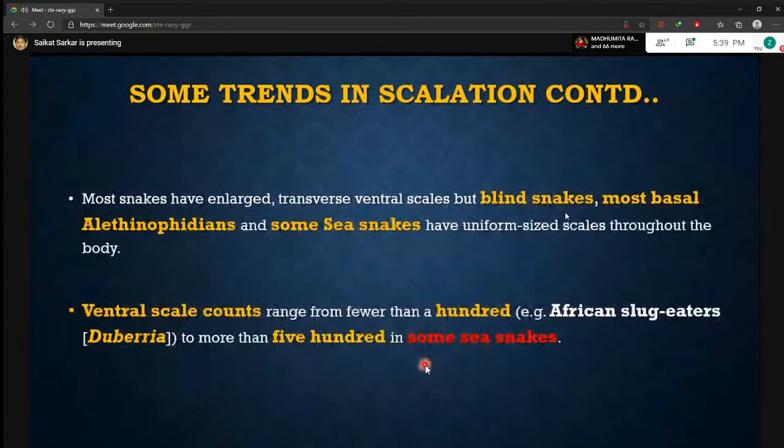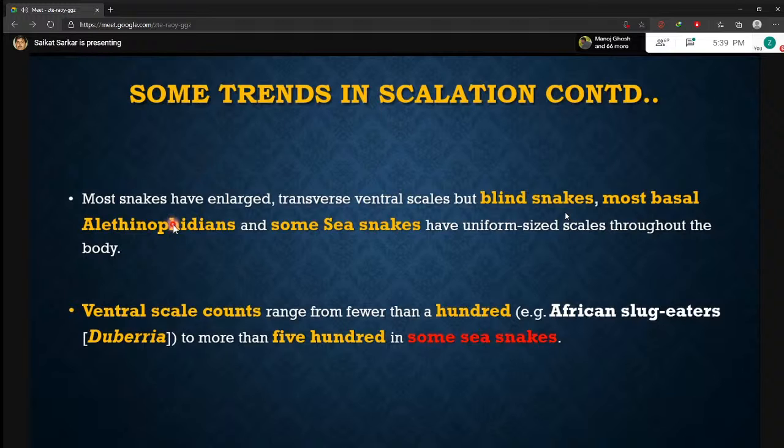Now, most snakes have enlarged transverse ventral scales, but blind snakes. So this is the trend. Most snakes, 90% of the snakes, or 95% of the snakes, you will find they are having transverse ventral scales, big, broad ventral scales. But the blind snakes, most basal